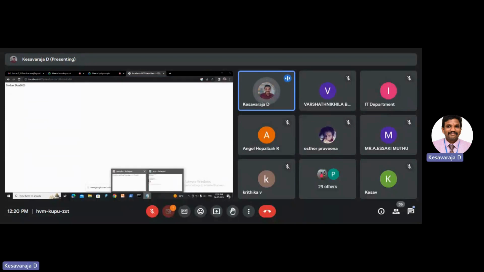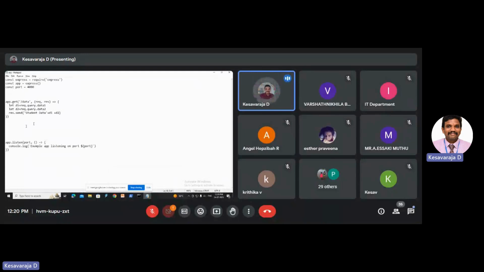Please listen carefully, again I'm repeating the same. app.get slash data. So I will type slash data question mark data1 equal to 10 ampersand data2 equal to 20. So this data1 is passed to request.query.data1, so 10 is stored in D1. Request.query.data2, so 20 is passed to D2. Response.send student data plus D1 plus D2. Then